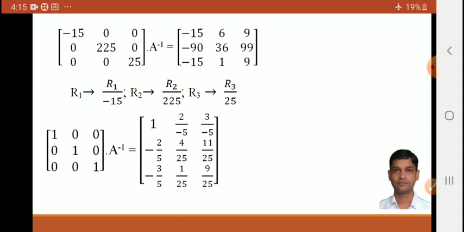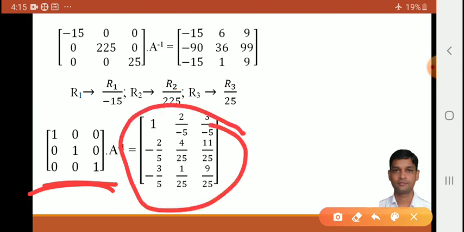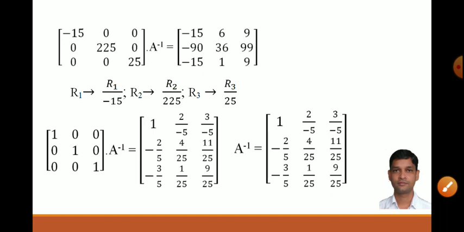So this is your A inverse, because this is the identity matrix. So I into A inverse is A inverse. So this is your A inverse. Okay. See, A inverse is equal to this. First, just write this example in your notebook. Try to solve it on your own. If you find any difficulty, then see the video and check your answer.